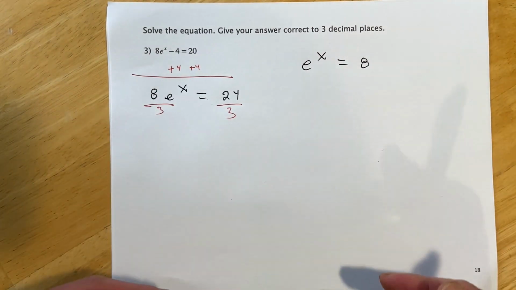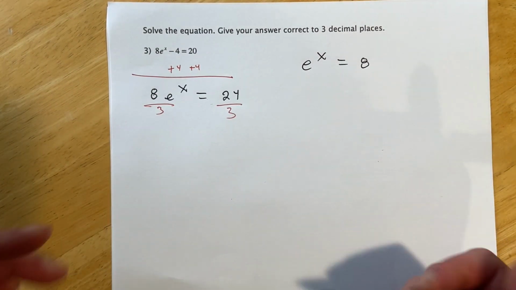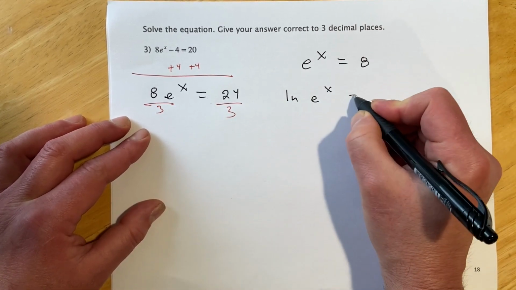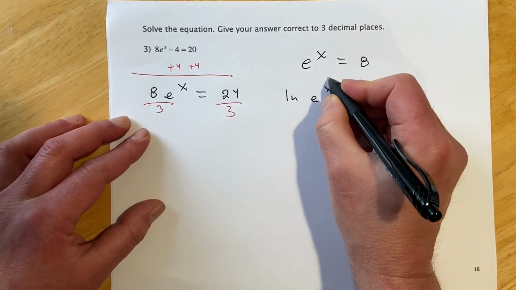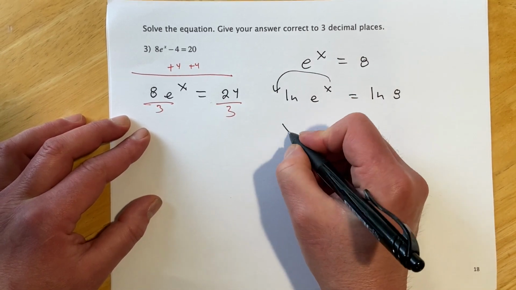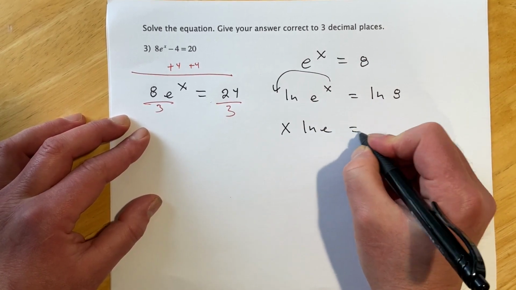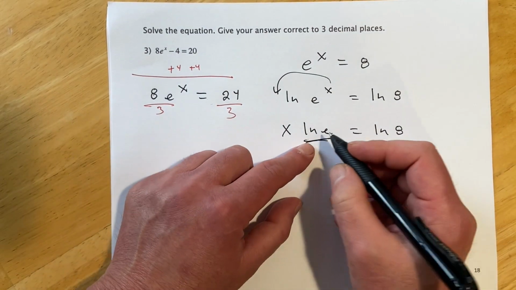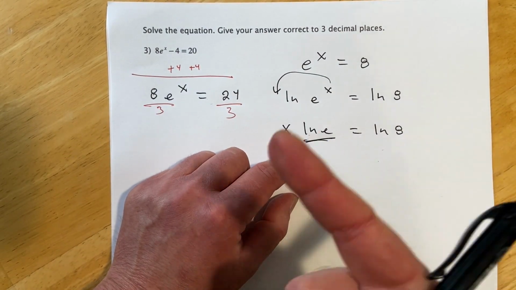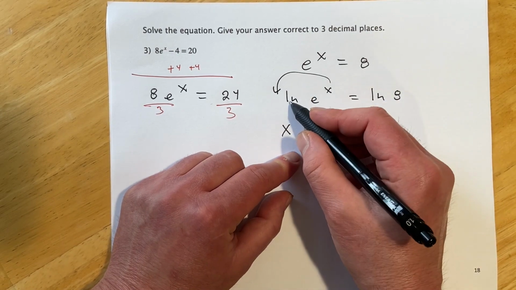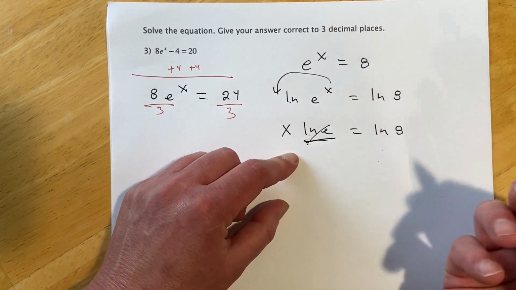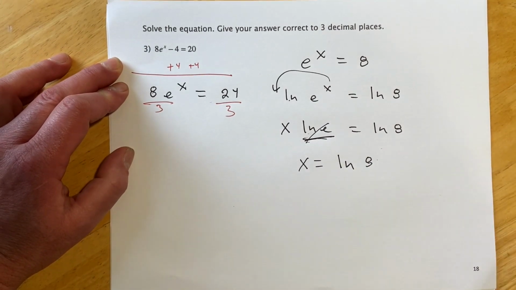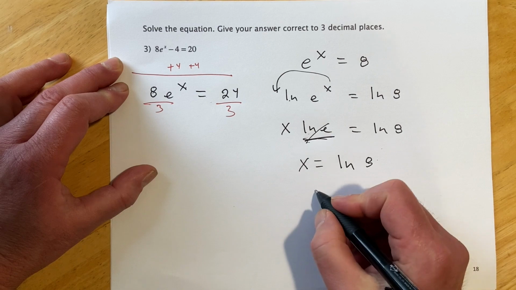I'm going to log both sides and go through the steps and then do the shortcut afterwards. So here, if I natural log both sides of this, I bring the x down front. And remember back a couple of videos, natural log of e, that's 1. So that's why we always want to use a natural log if there's a base e, because that piece drops out. And then my answer is natural log of 8, which is about